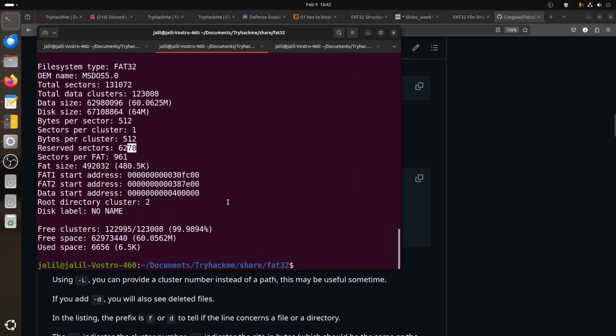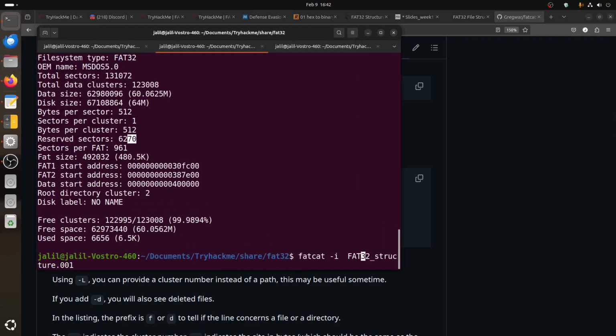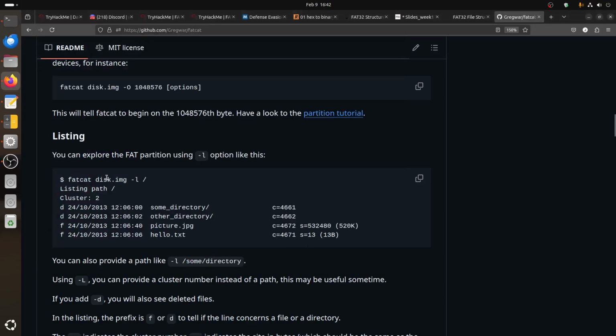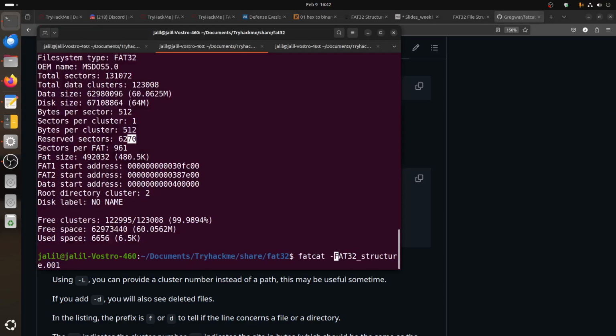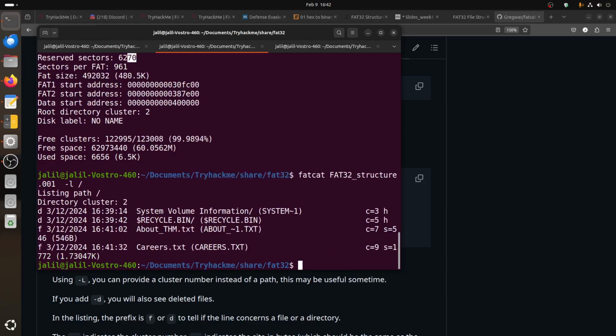If I go to the image minus L, you can see the files that we did before, the carrier.txt, the about and the recycle and system and all of that. So we can even extract these files. The extract, what is the